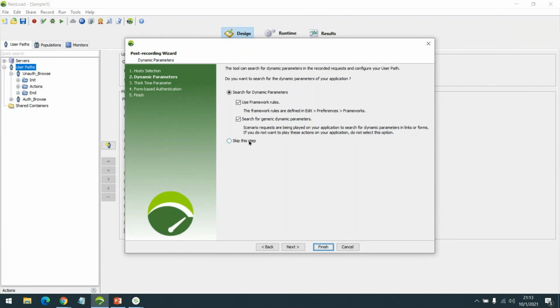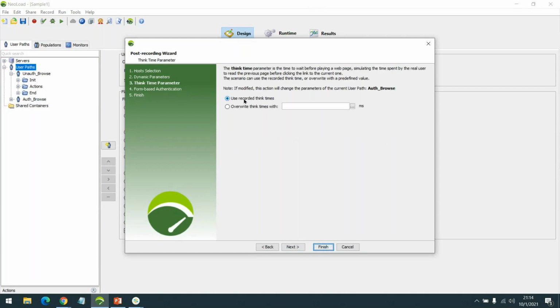For now, we will skip this step so that we can understand the difference between the authenticated and unauthenticated workflow. Can we have this, because I really need to understand how it searches for dynamic parameters? Yes, we will do that after the comparison. Okay, fine. So for now, I'm skipping this step.